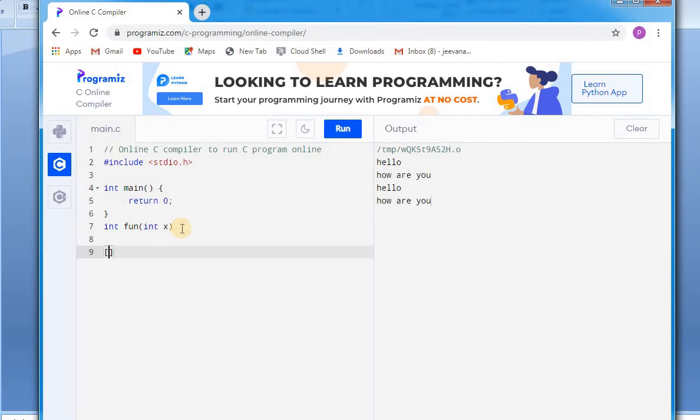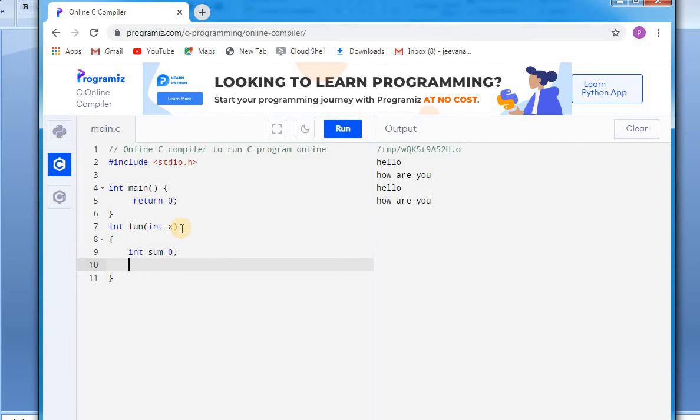Now I'll take int sum is equal to 0, and sum is equal to 0 plus 10, or else you can take any other value. So I'm taking 10 only.